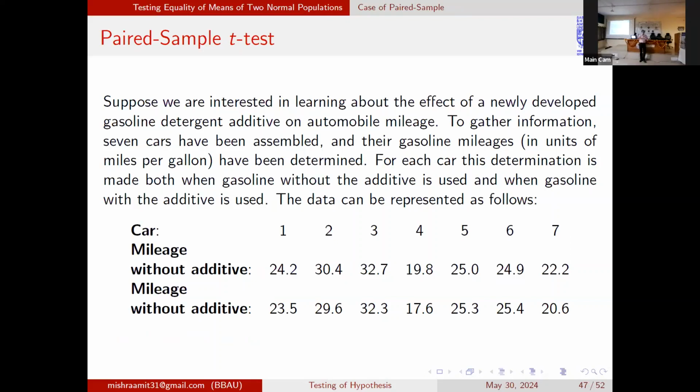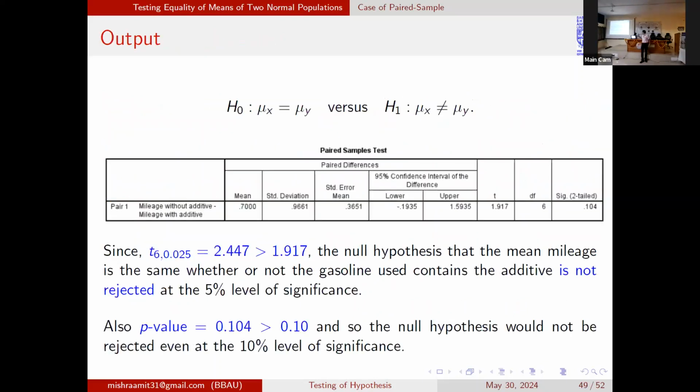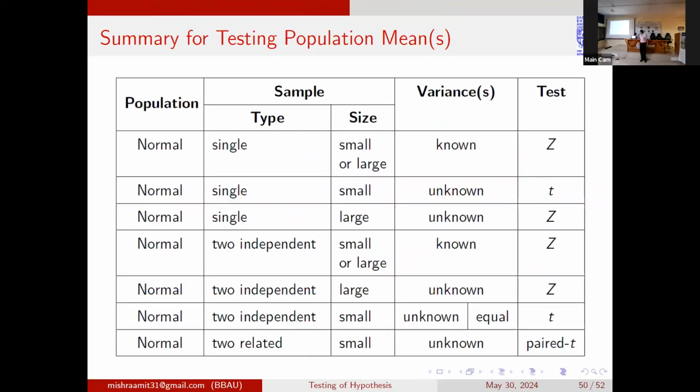विद एडिटिव भी चलाओ, विदाउट एडिटिव भी चलाओ, सेम कार तो ठीक है। कुछ कारों को आपने विद एडिटिव चलाया, कुछ को विदाउट एडिटिव चलाया, तो फिर मजा नहीं आया। तो पेयरिंग करनी पड़ेगी, बिकॉज यहाँ पर कार का भी इम्पैक्ट हो सकता है, एडिटिव का भी इम्पैक्ट हो सकता है, तो तब पेयर टी टेस्ट लगाएंगे, ठीक है। तो इस एग्जाम्पल में पेयर टी टेस्ट लगा करके रिजल्ट आएगा, वो रिजल्ट की बात नहीं है, मेन चीज है कि पेयर टी टेस्ट लगाएंगे।